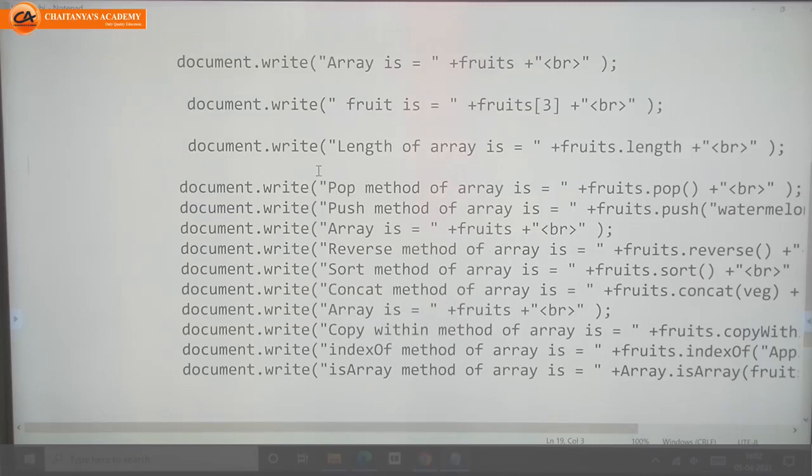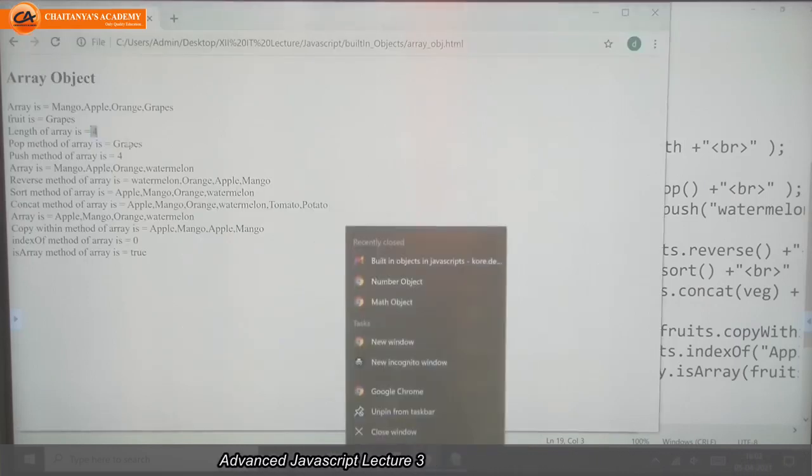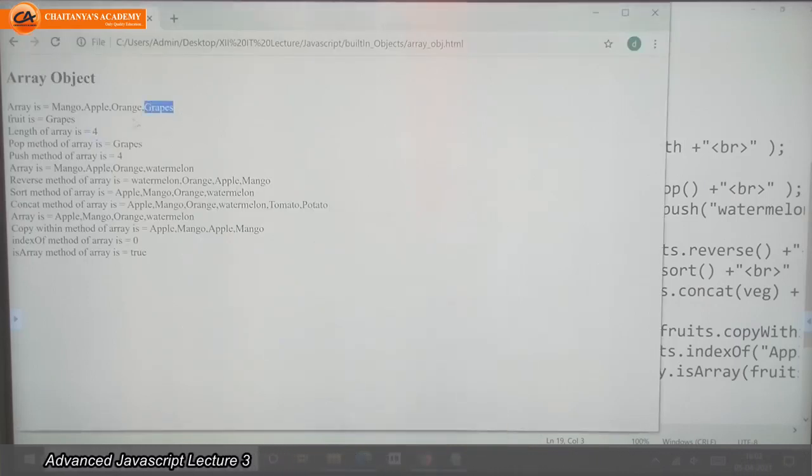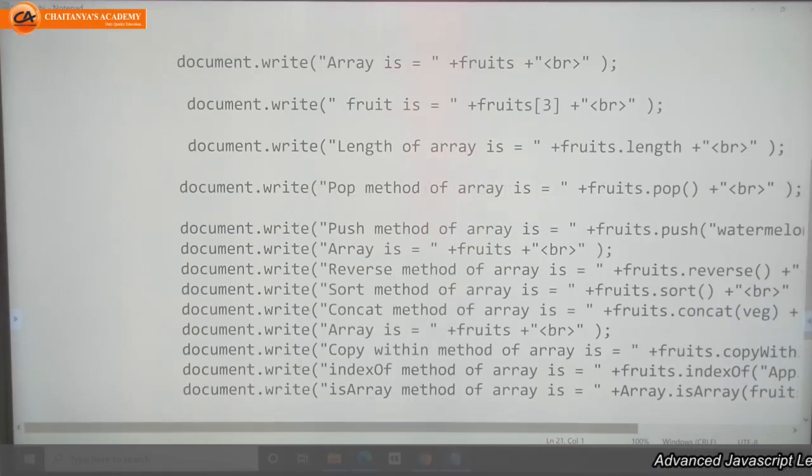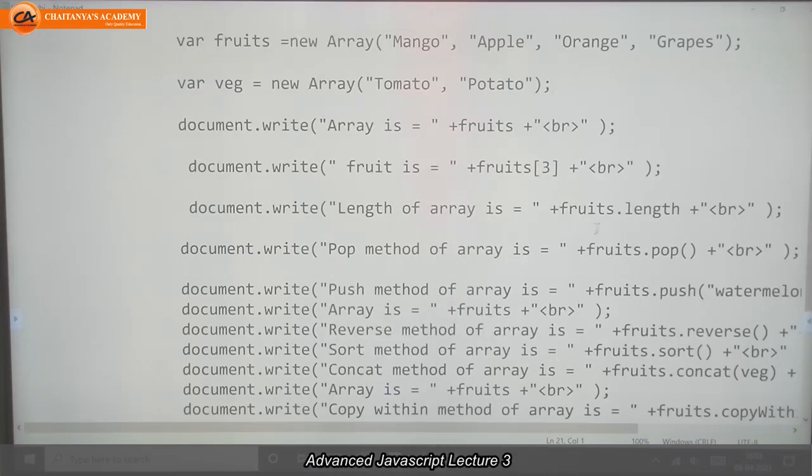Pop method means if I want to remove the last element of the array, I want to remove this grapes, then I need to use this pop method. See, fruits.pop gives us the name of the element which it removed.